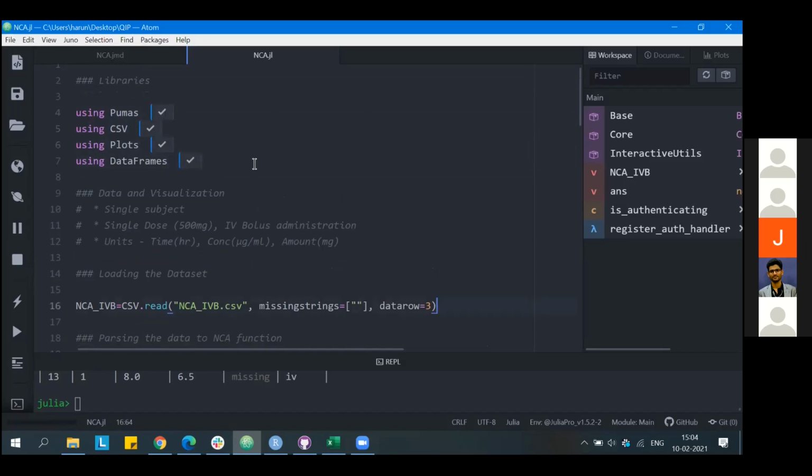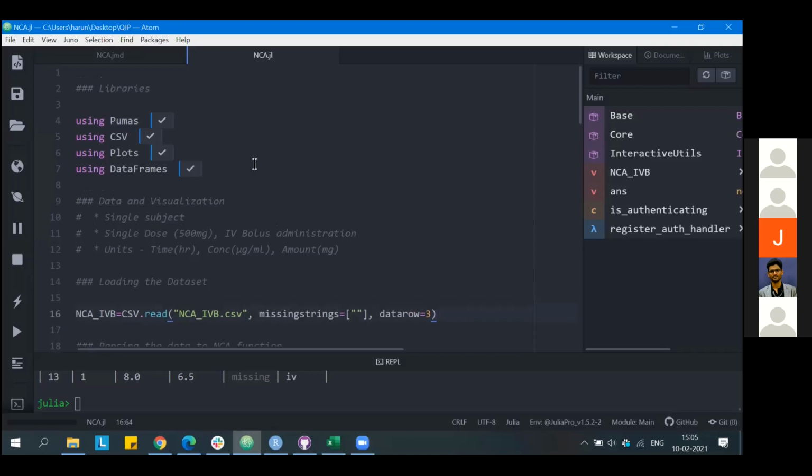Is it done? Or is anyone facing an issue with the packages itself? Hello, sir. Yep. So actually, can you start it from the beginning? Because once we open Pumas, we have a blank thing. So can you start from the saving of the file? Because in your PC, it's already saved, right?